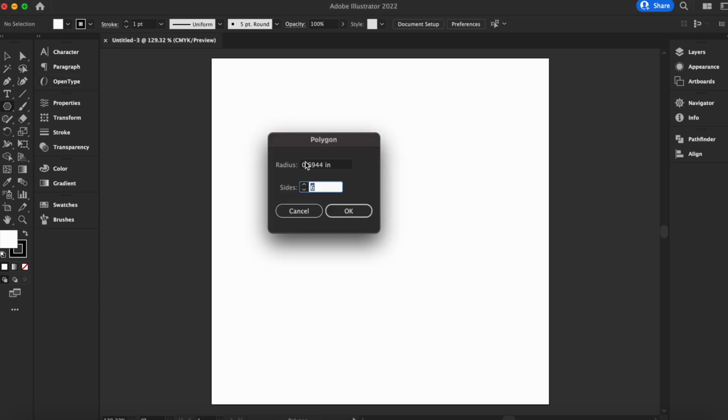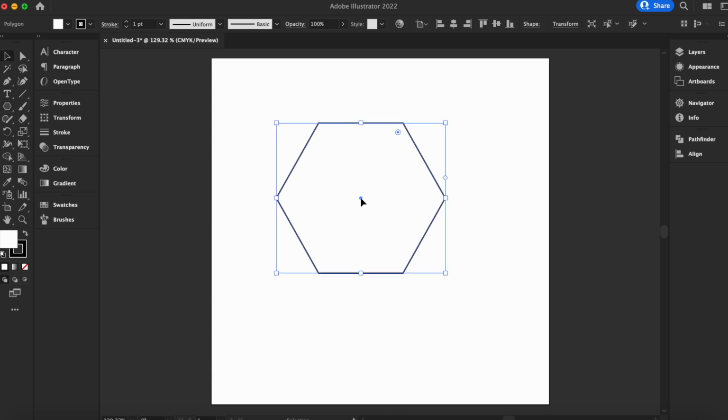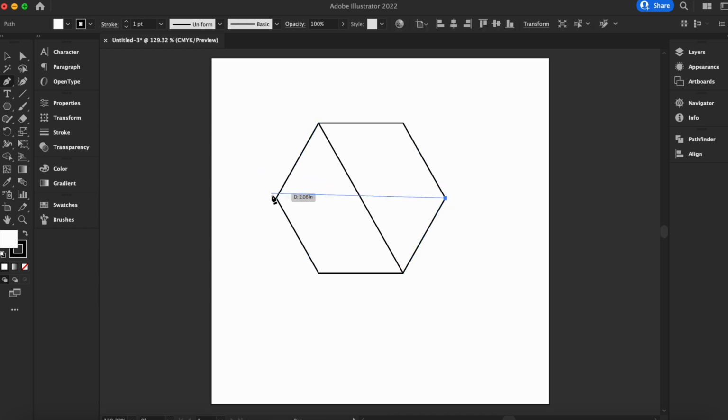And while it might seem sort of unintuitive, a hexagon, if we split it up three ways, which we'll do here with the pen tool, is essentially 6 triangles that are connecting in the center of the hexagon. So we're drawing lines from opposite ends of this hexagon using the pen tool,